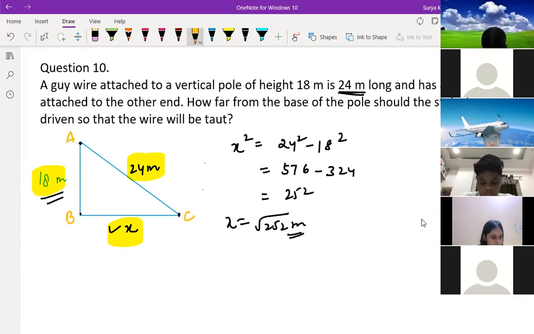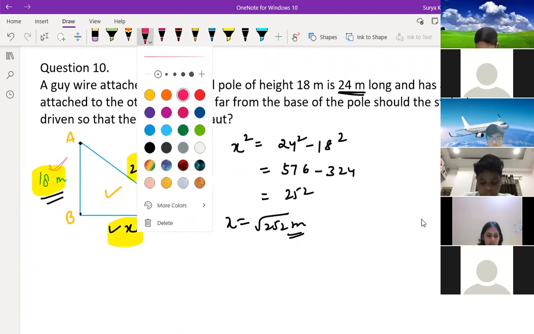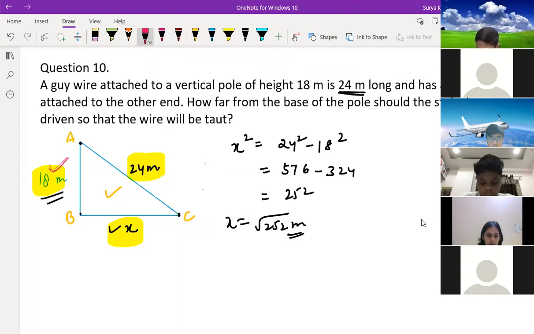Drishi, if this figure is wrong, then I am wrong. If this figure is correct, then I'm correct. You have done the same figure or different figure? Sir, I did a different figure. Acha, this 18 you have done the same thing. 18. Yes, sir. Okay, then 24 you have taken this one. Yes, sir. Okay, so here what are they saying?